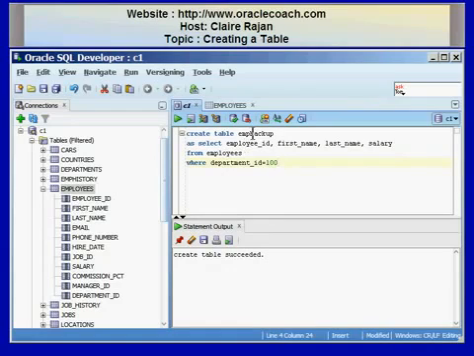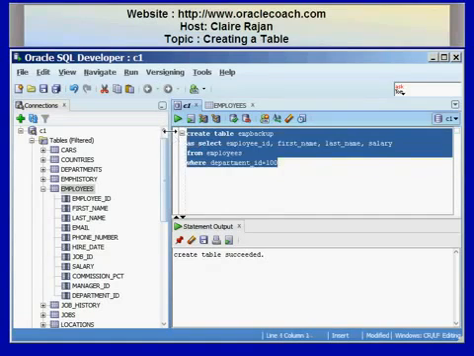This table should have 4 columns. The column names will be employee ID, first name, last name, and salary, just as they existed in the employees table. There will be data that will be retrieved by this query, which will also be populated into the new table. Now I'm going to go ahead and do a describe on the EMP